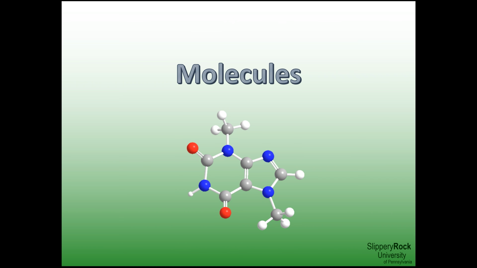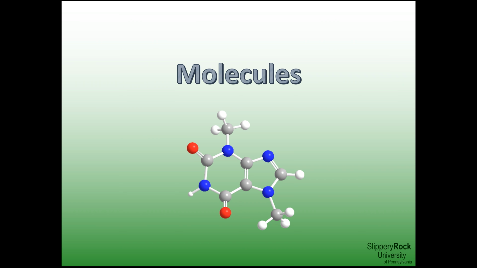Molecules are fundamental units of matter formed when two or more atoms are chemically bonded together and act as a single entity. These bonds arise from interactions between valence electrons as atoms share electrons to achieve lower energy and greater stability. Molecules may consist of the same type of atoms, such as oxygen gas, O2, or different types of atoms, such as water, H2O. The specific way atoms are bonded determines a molecule's structure, including bond lengths, bond angles, and